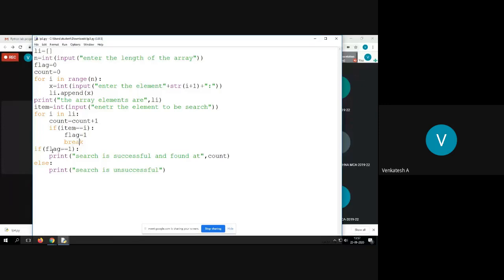Then we can say if flag is equal to 1, search is successful and found at count position. Or else, the flag remains at its initial value, that is 0, which means search is unsuccessful.